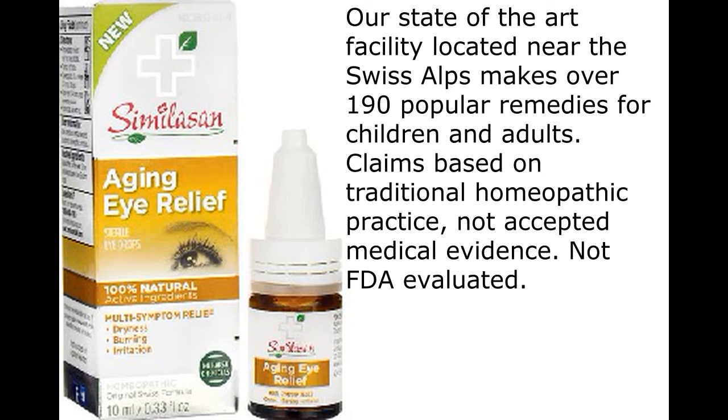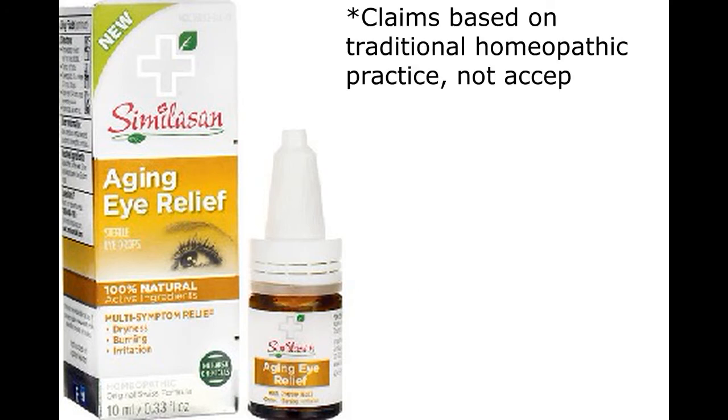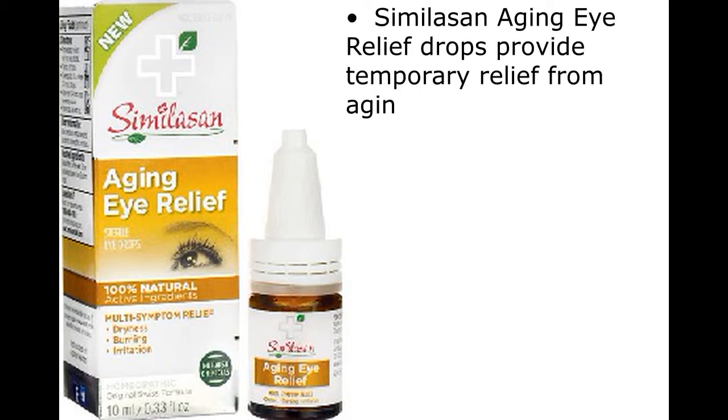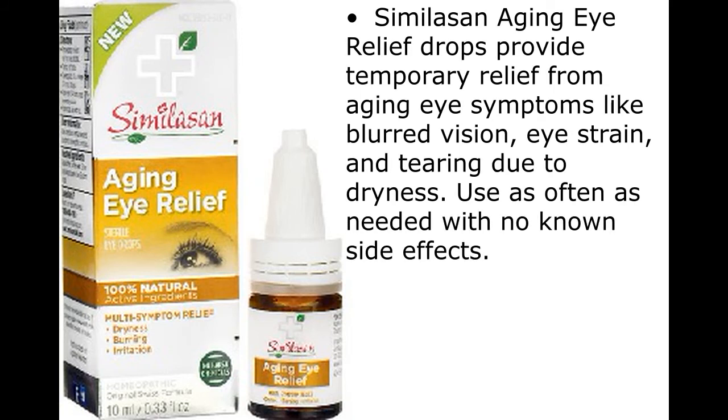Claims based on traditional homeopathic practice, not accepted medical evidence. Not FDA evaluated. Similasan Aging Eye Relief Drops provide temporary relief from aging eye symptoms like blurred vision, eye strain,